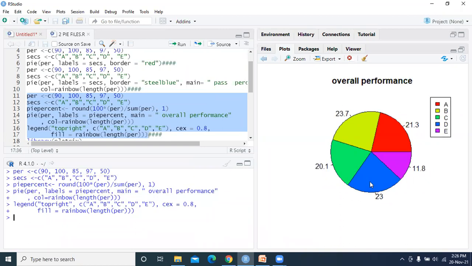Now you can see the difference between the previous one and this one. Each slice is labeled with a percentage: 23.7, 21.3, 11.8, 23, and 20.1. And color red denotes section A and purple denotes section E. This is obtained by this